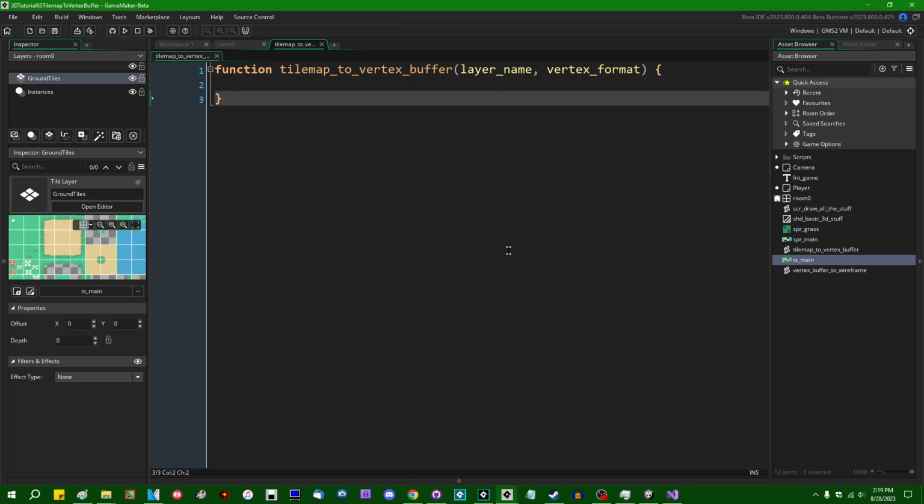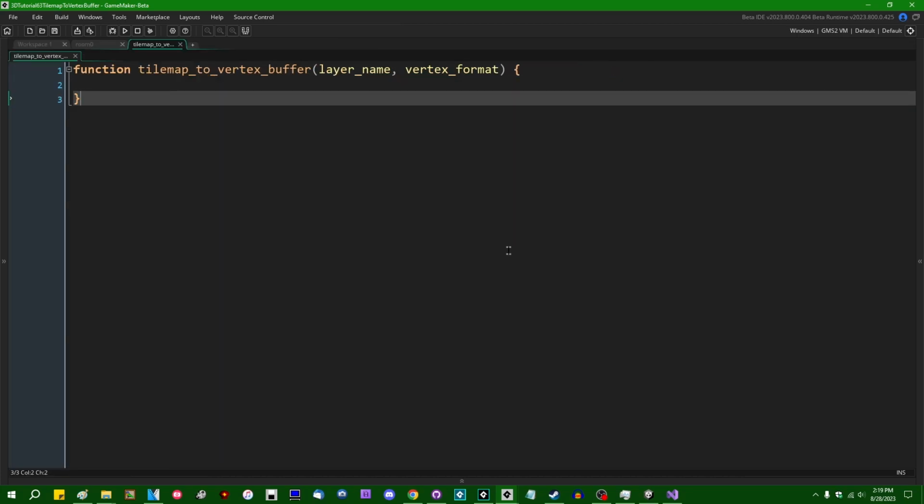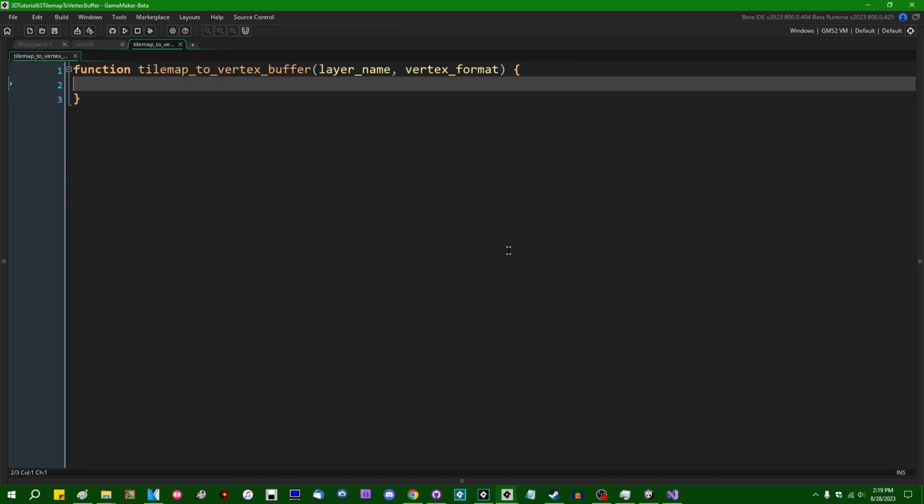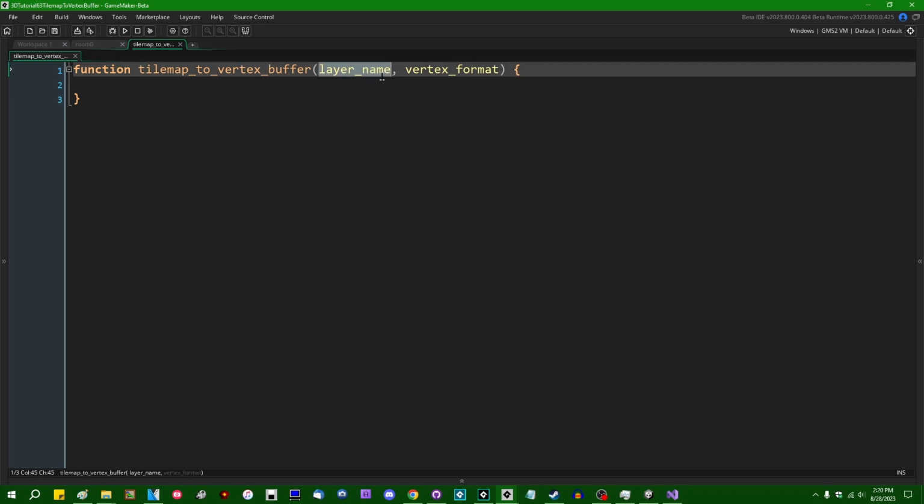I will be talking about both of them for specific purposes in this video, so we're going to want to make sure that those are straight. So I'm going to have to do quite a bit of setup before I really get to looping over a tile map and converting it to a vertex buffer. The first thing I'm going to do is we have our layer name. We need to turn that into